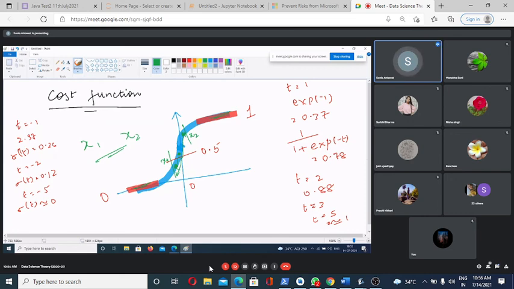cost function. So what do we mean by cost function? It is estimating the cost of the model. Okay, so now just understand. I am stating a sentence and you people will tell me what we mean by this. The objective of training is to set the parameter vector so that the model estimates high probabilities for positive instances